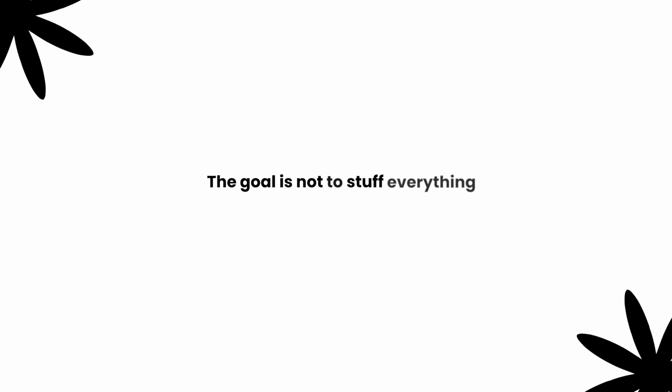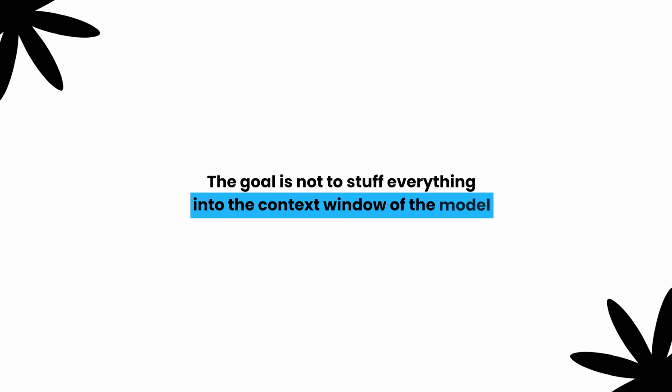You should also distinguish short-term context and long-term memory. Short-term context is what you pass into the prompt for your current turn, and long-term memory is something that you retrieve selectively. The goal is not to stuff everything into the context window of the model. It will create context bloat. The goal is rather to retrieve the smallest useful context for the current step for the model to take a decision on. This is exactly why memory design is really data architecture. You are deciding what to store, where to store it, how long to keep it, how to retrieve it, and what is safe to send to the model or not.